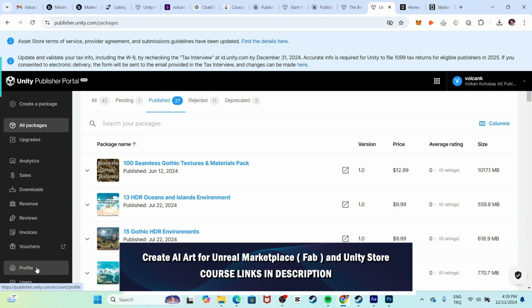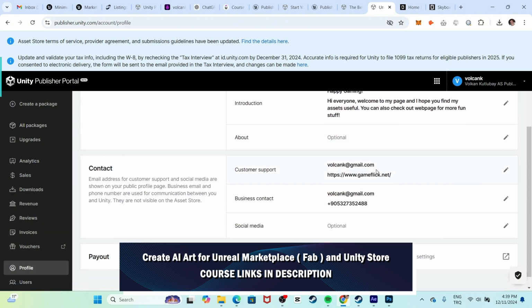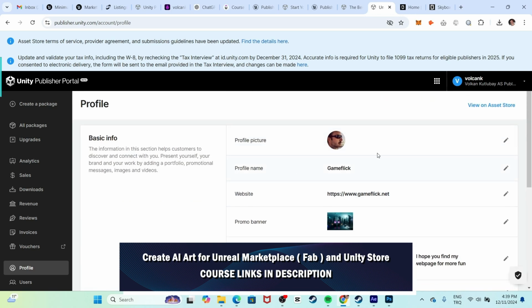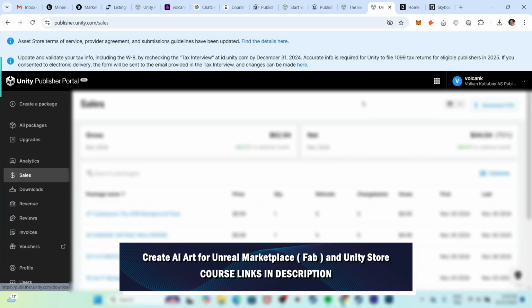And here, if you go to your profile, you can set the payout preferences and everything. Okay, you click here and it takes you to your payment and things like that. So this is the way you set your dashboard, and this is the way you installed Unreal Engine and Unity